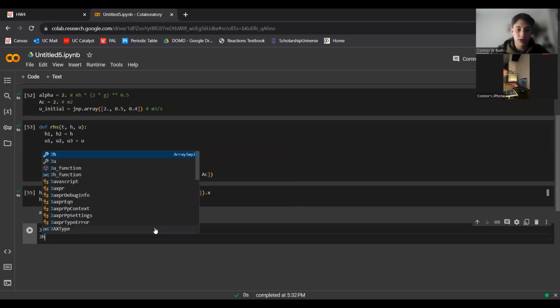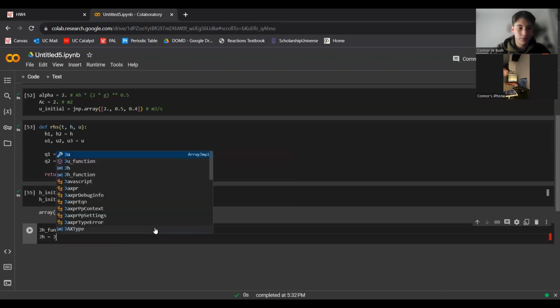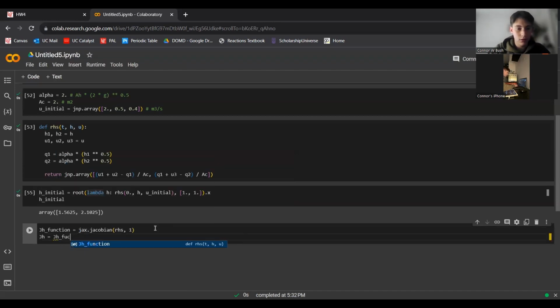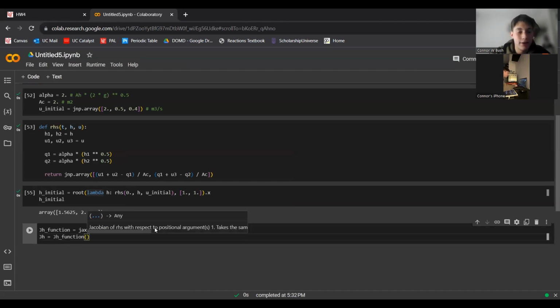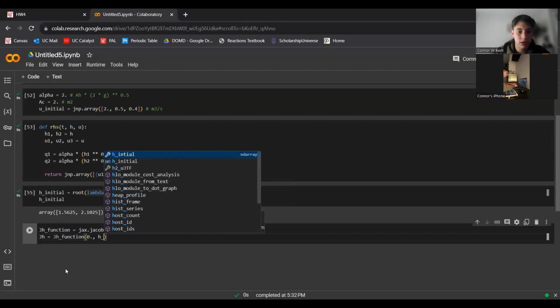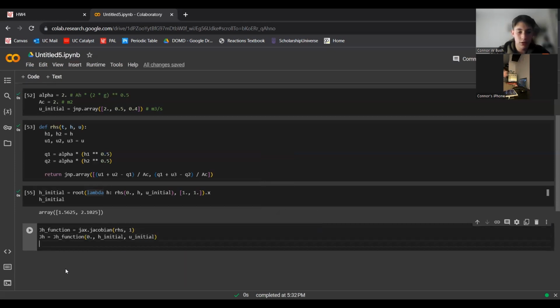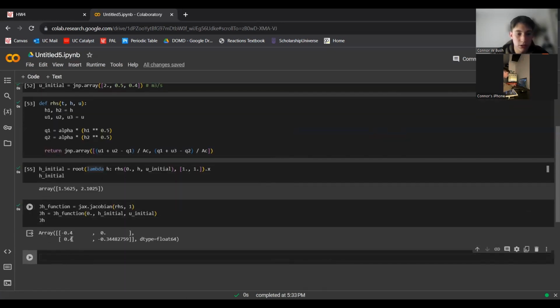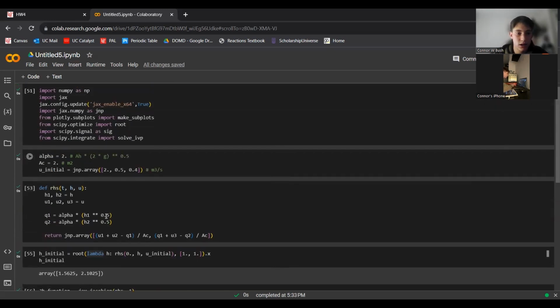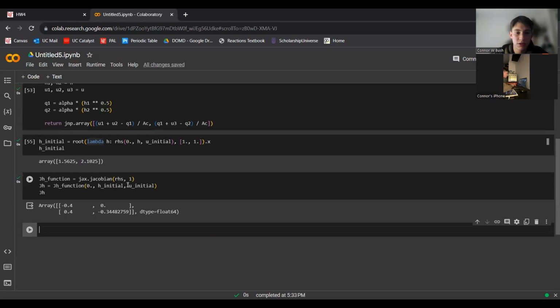And then to actually get that Jacobian matrix, we need to put in the 3 parameters. So just 0 for time. We have the initial heights and then the initial flow rates. So if we call JH, this gives us a 2x2 matrix. This is the Jacobian of the dynamic equations that we get out of this right-hand side equation, and it is specifically with respect